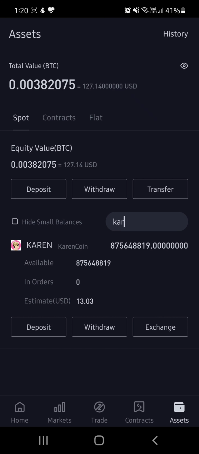Similarly, you can buy with limit order also. And this is my wallet balance right now. Earlier I bought with 12.5, right? Now that increased to 13.03. My portfolio. And this is the total value in the entire Bitmart account, including all other coins.